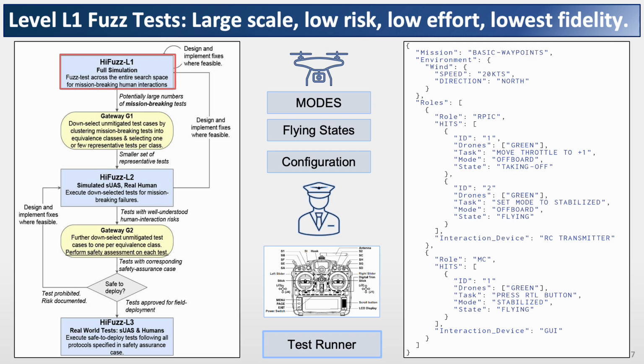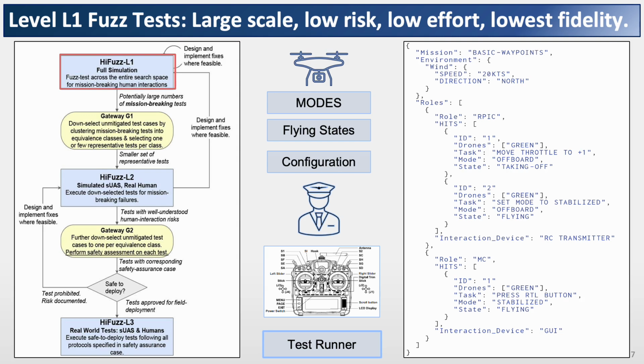After defining the test features, the HIFuzz L1 system will automatically generate combinations of the properties and input values relevant to the tests, invoking the mission in the simulation environment, monitoring the runtime state of each drone, checking for preconditioned states, and delegating HITs to the proxy human agent when preconditioned states have been reached. All of these steps occur automatically without human intervention, and L1 has been fully programmed as a standalone, multi-threaded system. The system mimics human input by replacing radio signals normally sent by a radio controller transmitter with MAVROS manual control messages to simulate various switch changes and button presses for mode changes.